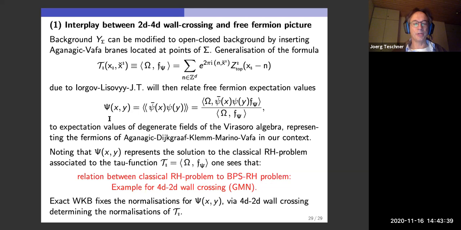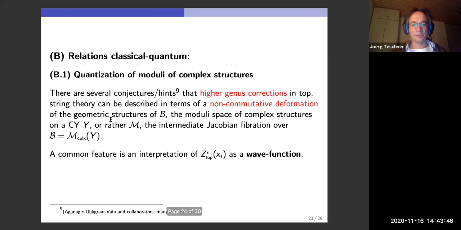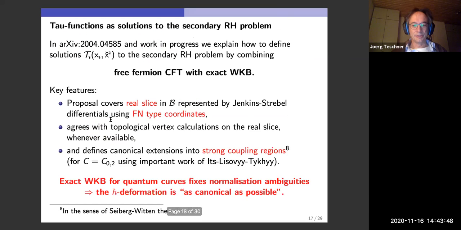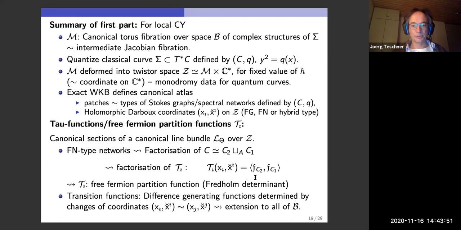Because in some sense, it suffices to factorize this thing here in order to determine these building blocks in the factorization. And these building blocks come from the simpler Riemann-Hilbert problems corresponding to a factorization of the quantum curve like that. And that determines these pieces, and the rest is just free fermion factorization